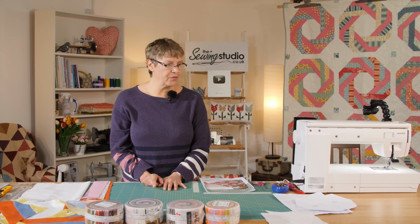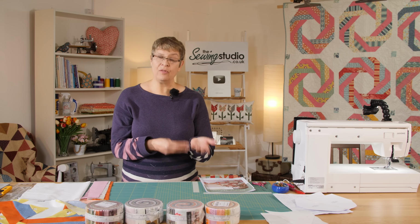But the first thing you have to do is make your octagon for the centre. So this requires an octagon for the centre. And in the pattern itself, Pam and Nicky have given you 3 different options of how to make that octagon. Now there's actually a small pattern in there which you need to enlarge by 400%. So if you haven't got facilities to be able to do that and enlarge it,